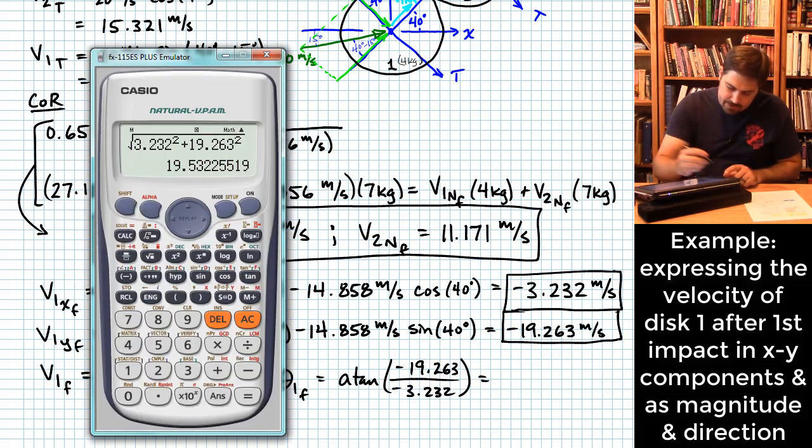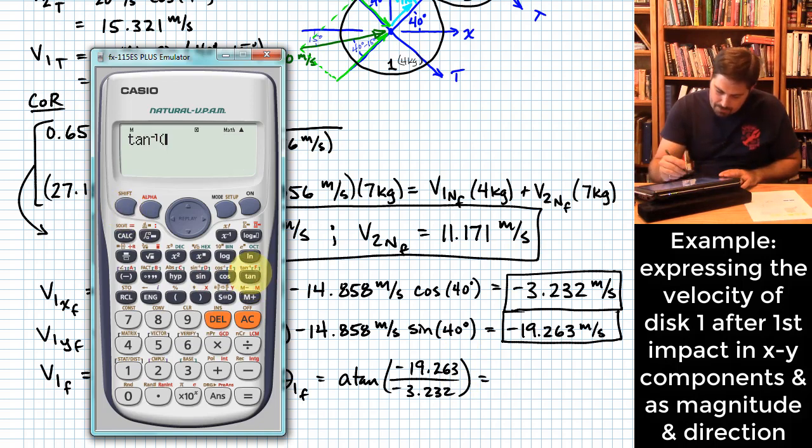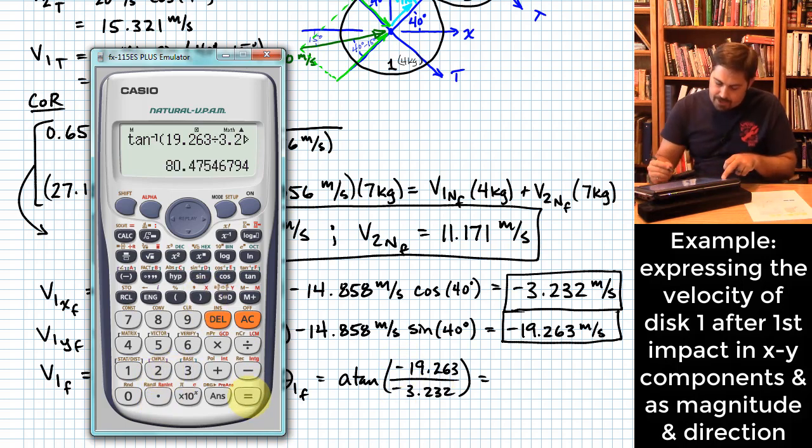When we do this, we may not get it in the correct quadrant. As a matter of fact, I strongly suspect that we will not, because they are both negative here. Those two negatives will cancel. And so it'll tell us here that we're up in quadrant 1 is officially what that number gives us,